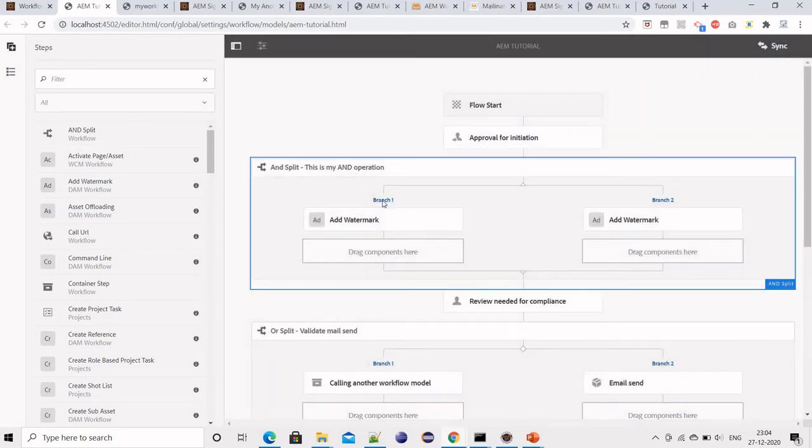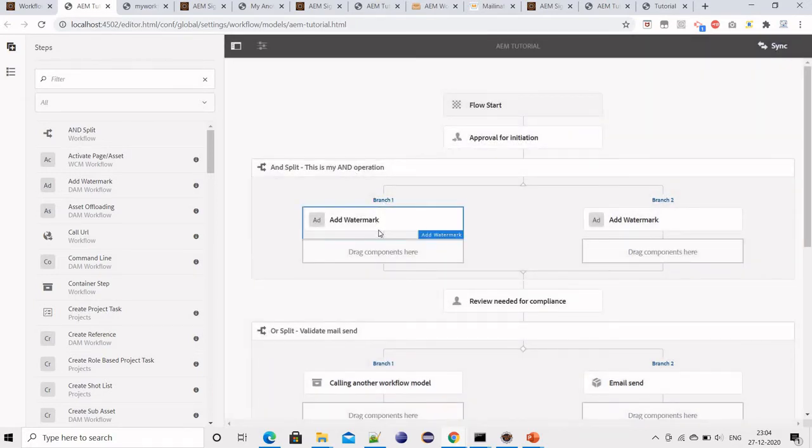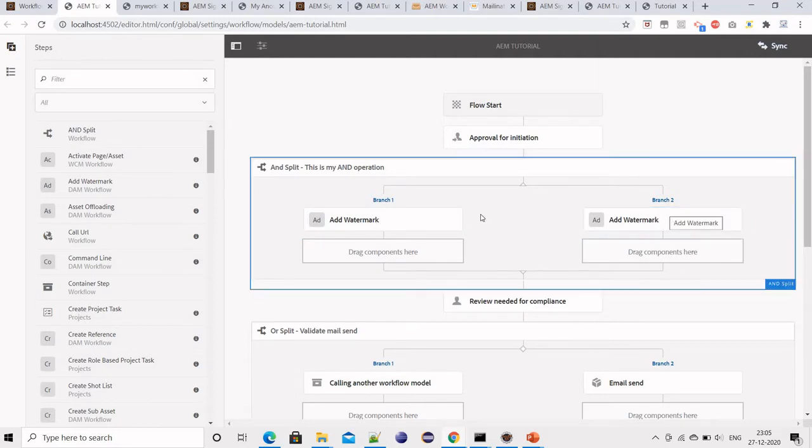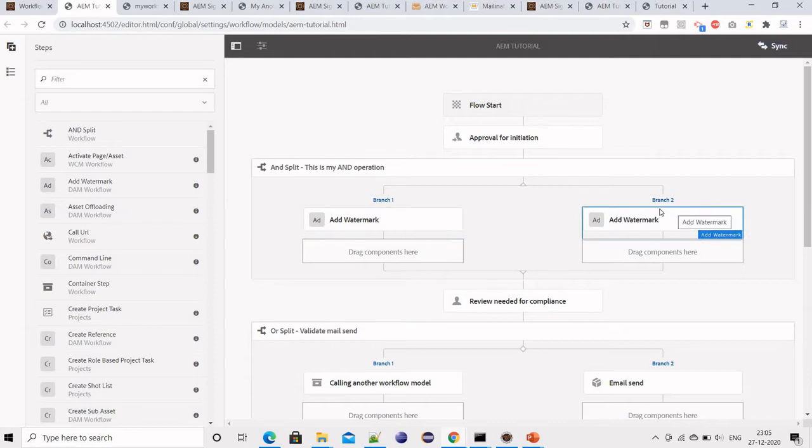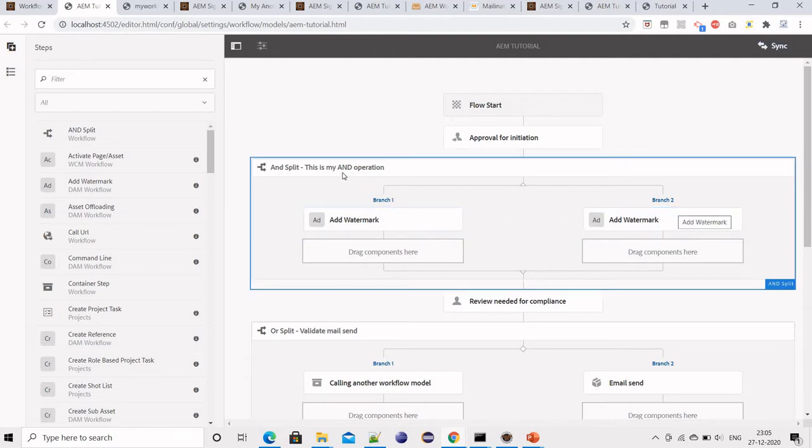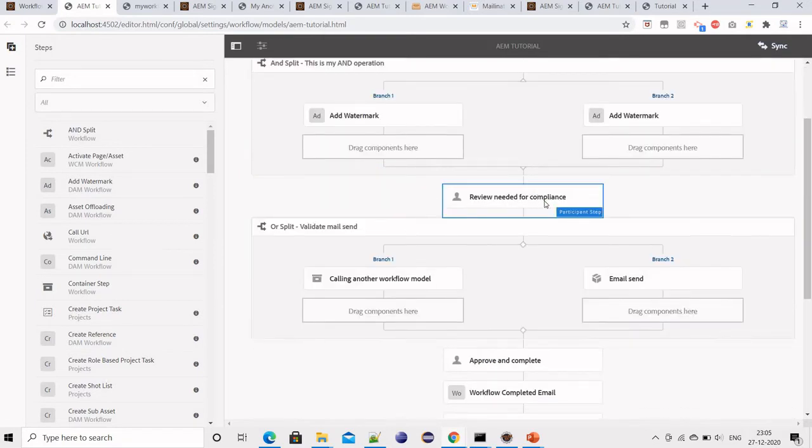The title is changing, and what I'm doing is branch 1 is adding a watermark to the asset I'm going to use for this workflow model, and branch 2 is also doing the same thing. Basically it's just for demo purposes, but of course we can have two parallel operations running using this and split.